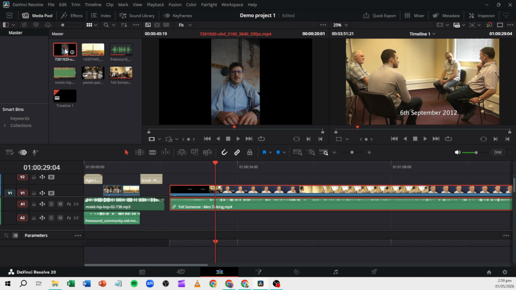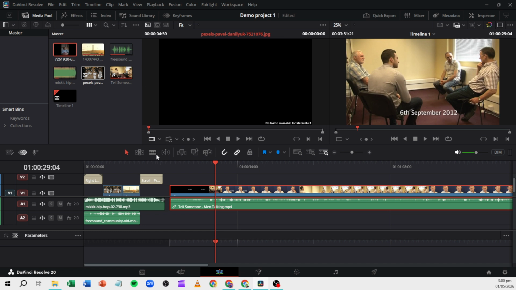When you're ready, click the Replace button, the icon with two arrows, located just above the timeline. Resolve will swap the clip under the playhead with the one you selected in the media pool. In most cases, this keeps your edit tidy by aligning the new clip to the existing timing on the timeline. Any simple transitions or effects you've already applied to that timeline segment generally remain in place, so you don't have